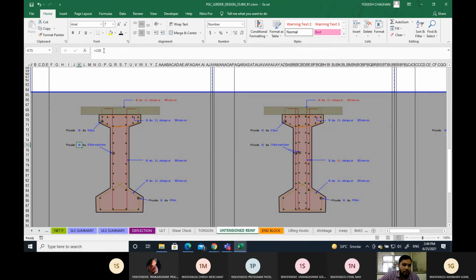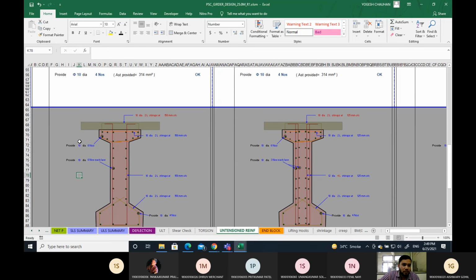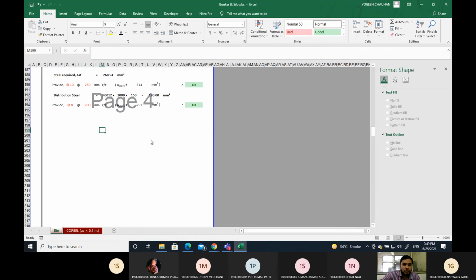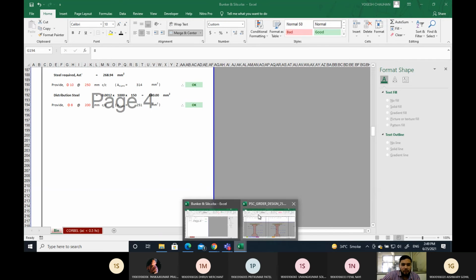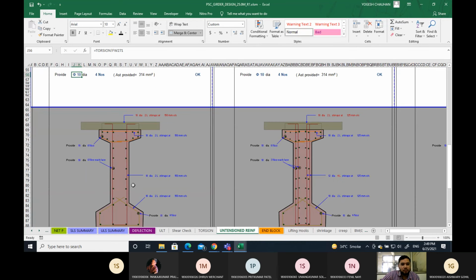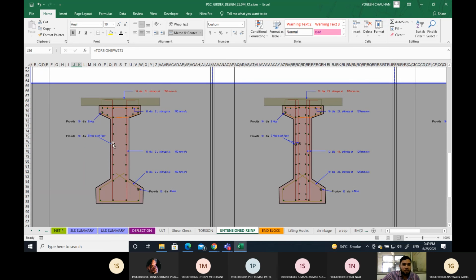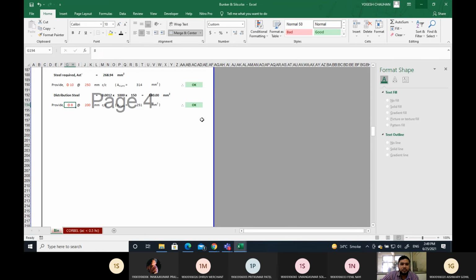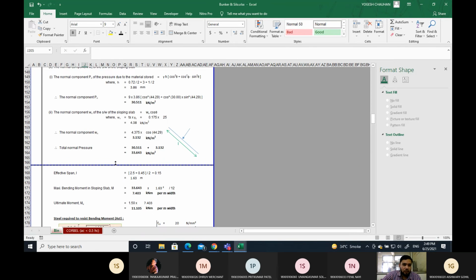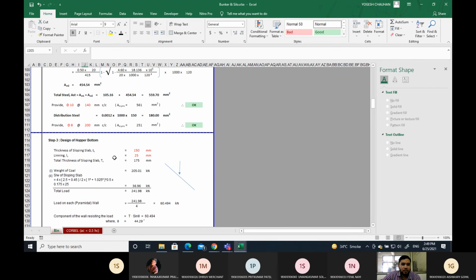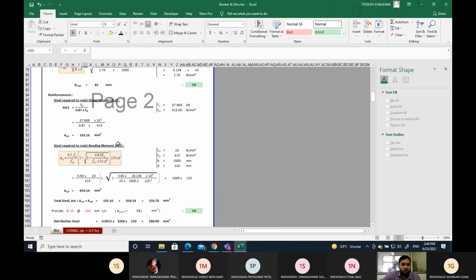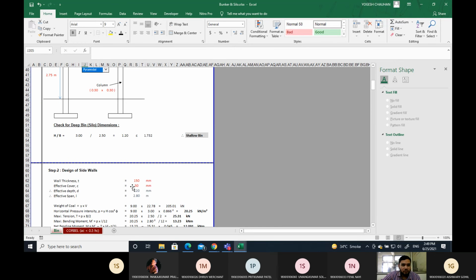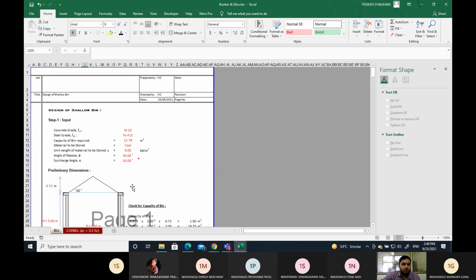Let us say these are linked. So whatever you change here is linked there. Let us say you change here to 8 dia, so that will be changed automatically here. When you input 10 dia here, it will automatically change here. Likewise you can give your detailing also, for distribution bars and for the main bars, with a sketch like this in your spreadsheet. If you print this, it will be in a readable format and easy to understand. You can even submit it to the client. So this is how you can prepare an Excel spreadsheet.